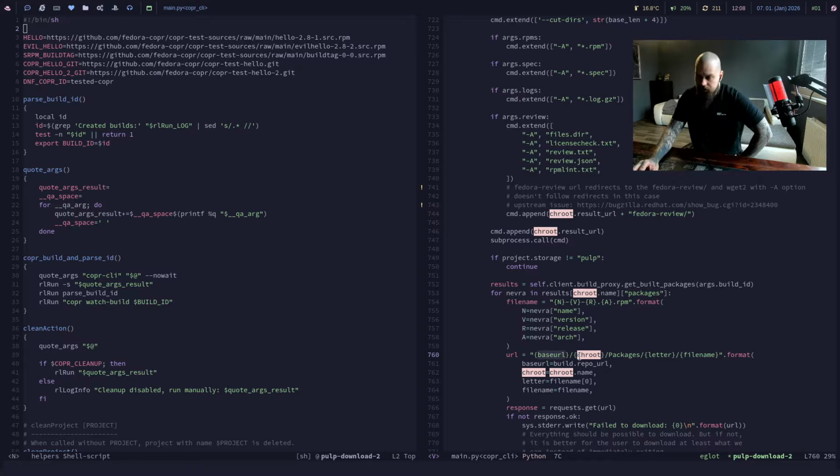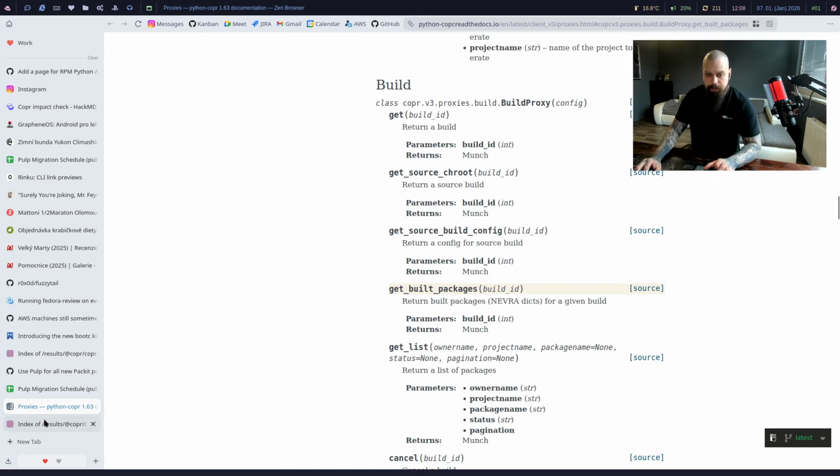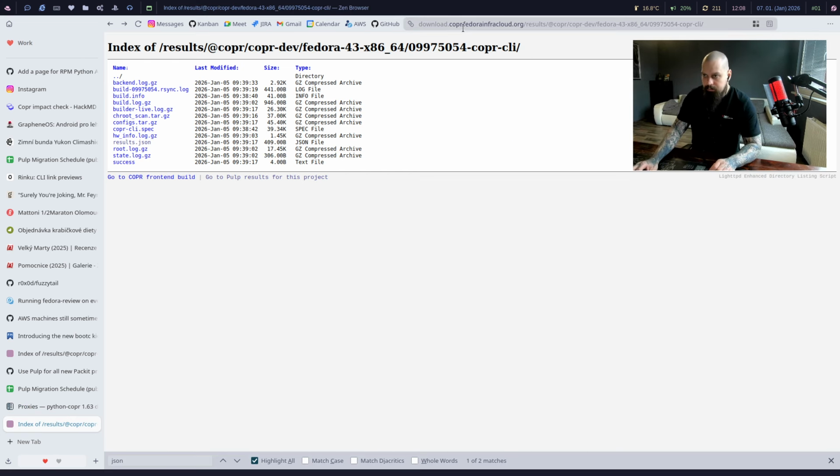We will take a look, but I bet you this is a direct link. Well, I'm not sure what that is. However, we are specifying /packages/letter/filename. So this is not a path that would be inside our backend. That's a path into